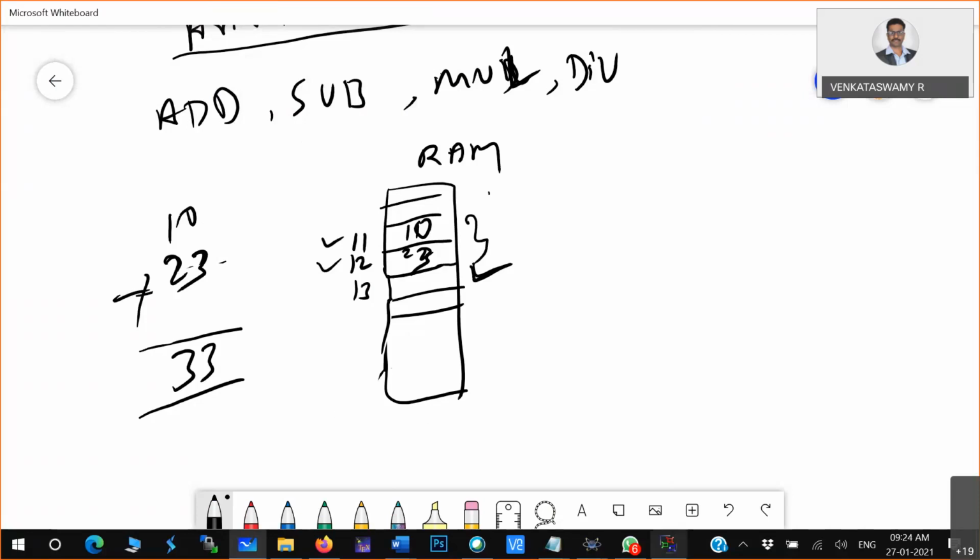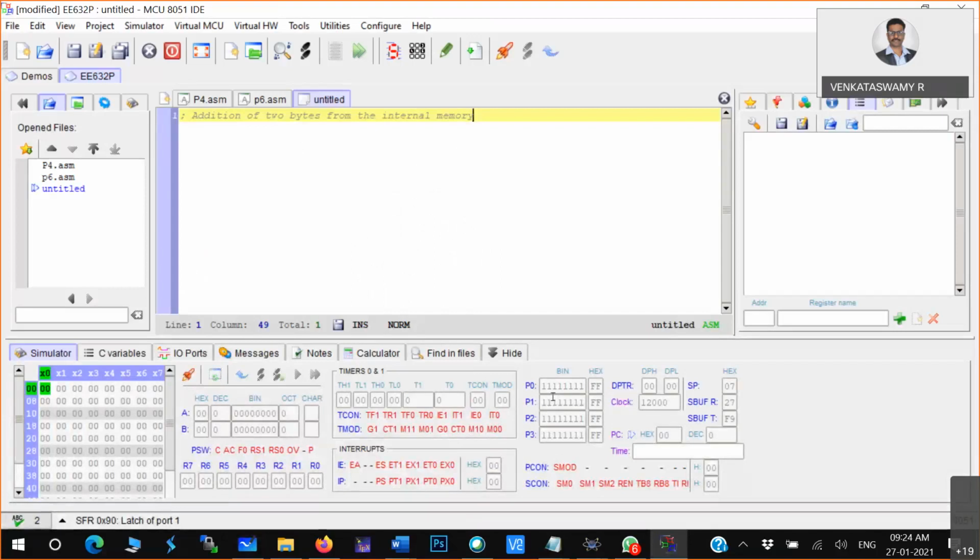So now I am just writing a program for that. See now here, I am pointing at this particular space, try to observe. This space is basically internal memory, RAM. When I move my cursor, you see here, this is the 11th memory location. I am storing 10, my first number, here. When you run this program, you can store here. When I simulate, then I'll store.